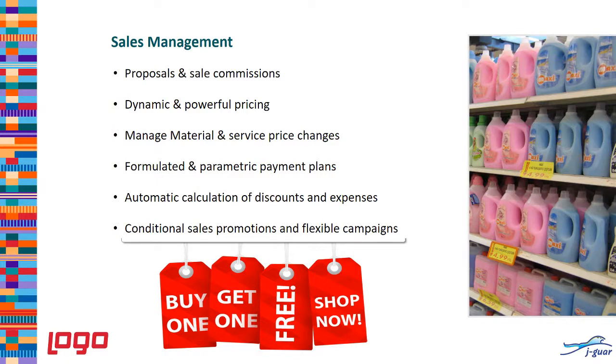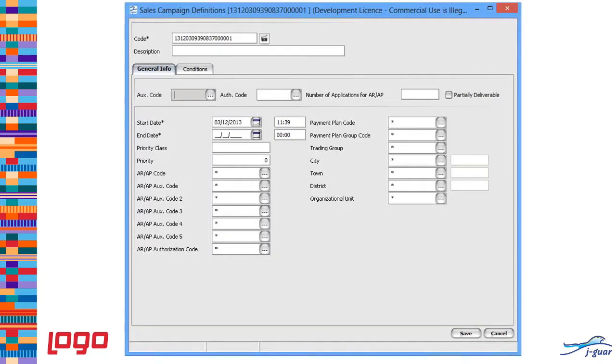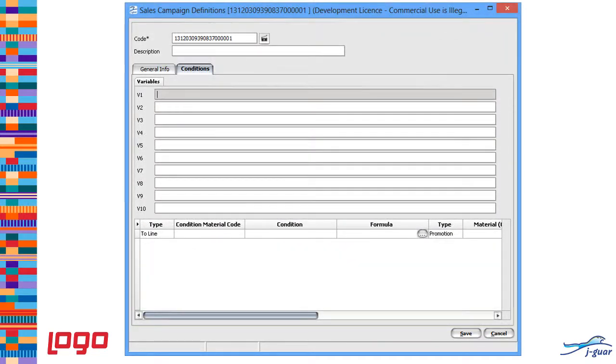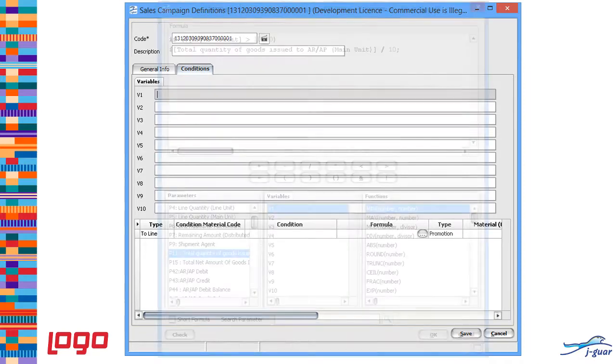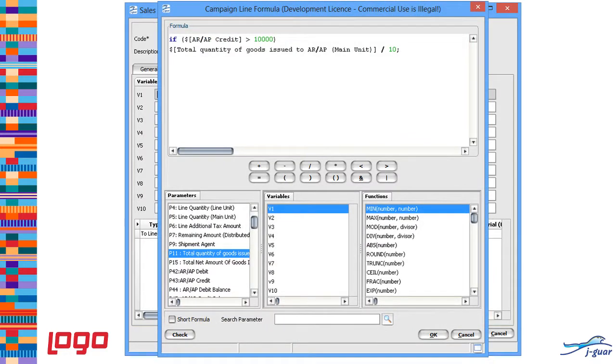Just to give you a bit of a glance of what it looks like and how powerful it is, in that promotion and campaign module, you can start creating promotions which can be very complex and very parametric. So you can have a lot of conditions or a lot of fields and parameters, and then you can start writing codes inside the variables, conditions, and you can have multiple lines of a campaign definition. So this is a field that you can see that a user can start coding the campaign into the system,